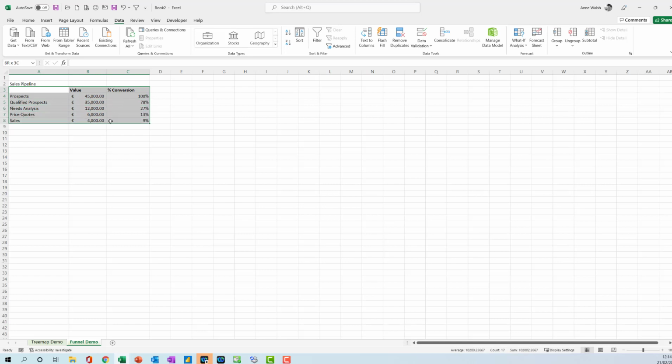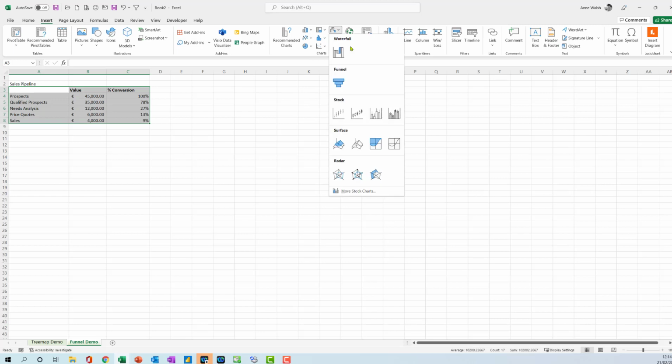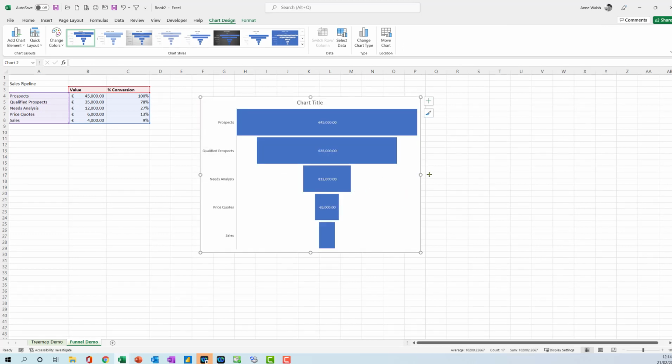So I'm just going to start here, highlighting it, then Insert. And then I'm going to go over to this one over here. Where's it gone? Let me find it, not box and whisker, but I'm looking for, there we go, funnel. Okay. Now you can see there, it gives me the numbers in it and the whole lot, which is